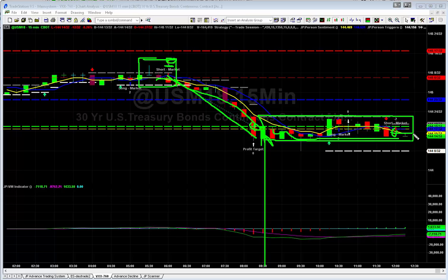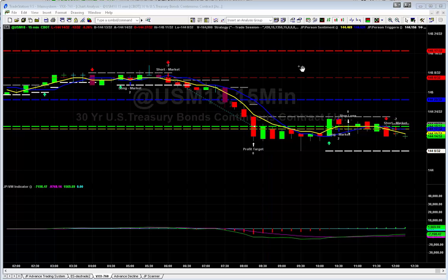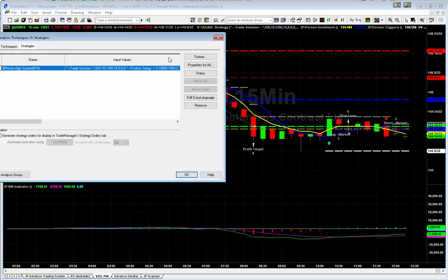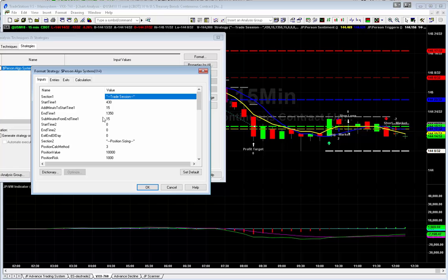Currently it's short a couple contracts. Right now it's up a couple ticks, no big deal. But the beauty of this is, it allows us to do a couple things, which I'll share with you right now. So looking at the algo optimizer, we can find out what's the best and most profitable time period to trade bonds. And in this setting, on a 15-minute basis, in this environment, it's between 4:30 Central Time and up to